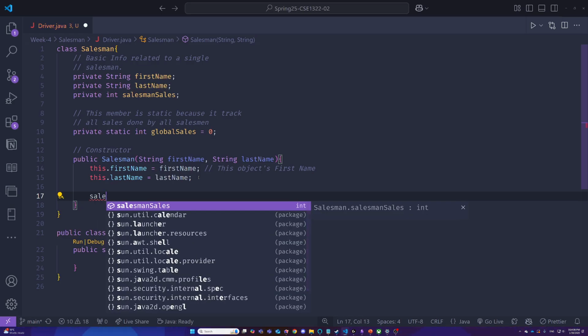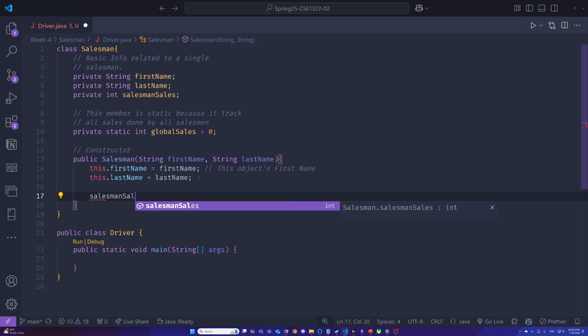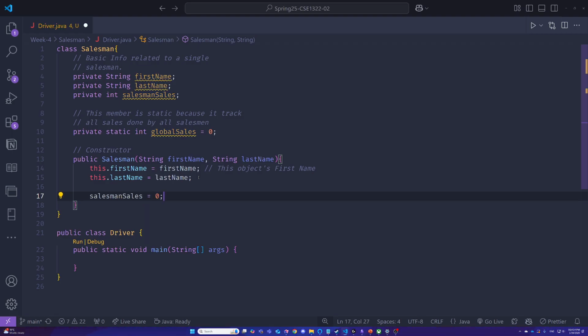the last thing that we're gonna do is salesman sales. We're gonna initialize that value to 0. So again, whenever we create a salesman, usually it's going to be at the beginning of the day. So we're gonna set the salesman sales to 0, since they have not sold anything yet. Okay, so